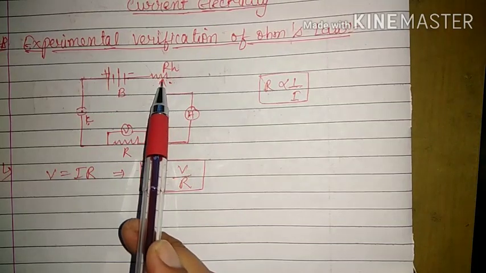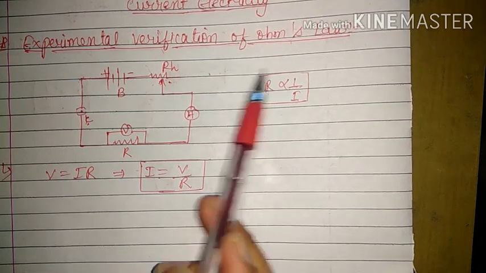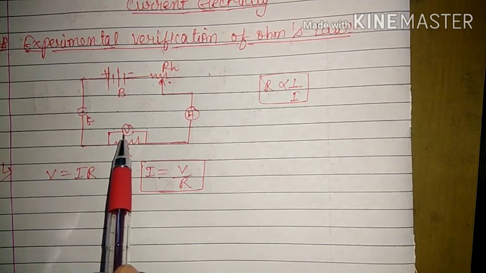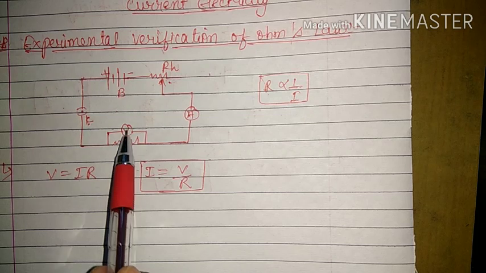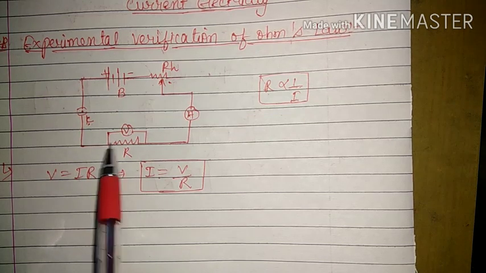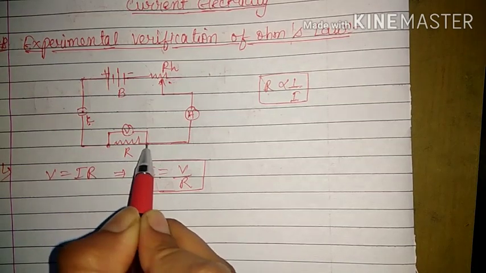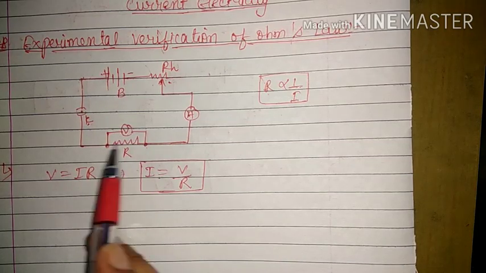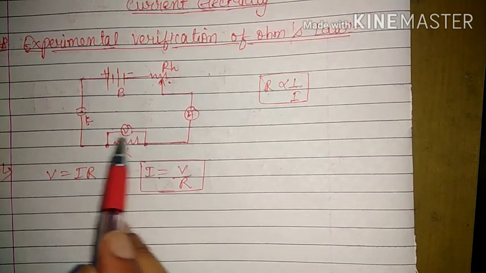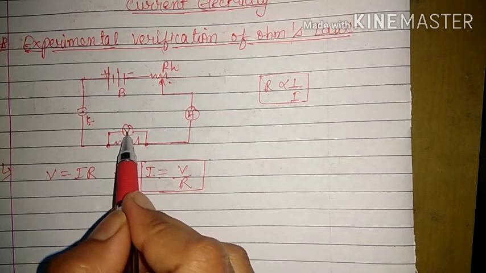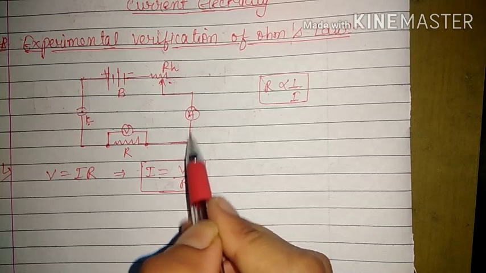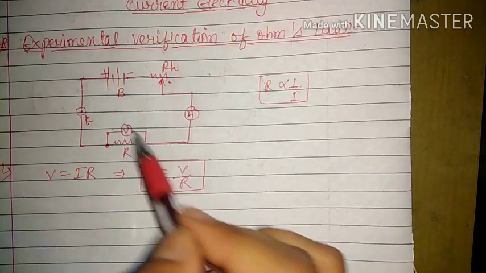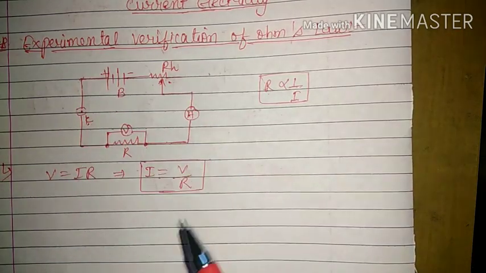So here the rheostat is used to change the resistance and hence the amount of current flowing in the circuit. The key will be used as a switch, and this is the voltmeter. We have already discussed that a voltmeter is used to measure potential difference between 2 points. It is always connected in parallel because difference is possible only between 2 points, and the arrangement between 2 points is parallel. And this is the ammeter, which will be connected in series, because if we want to calculate the amount of current flowing in the circuit, the whole current should pass through the ammeter.